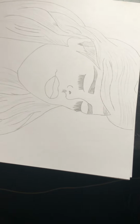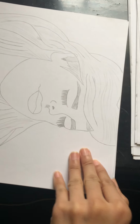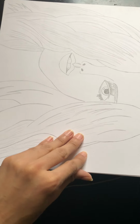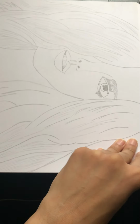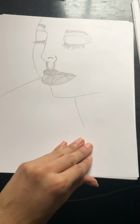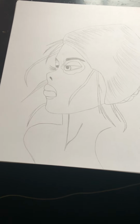Sometimes, if I don't see the word in my head, my brain acts like it doesn't remember how to spell certain things. And it's always simple stuff, like simple words. Why does our brain do that? I cannot tell you guys. I know I'm not the only one it happens to, but it happens to a lot of us. So yeah,